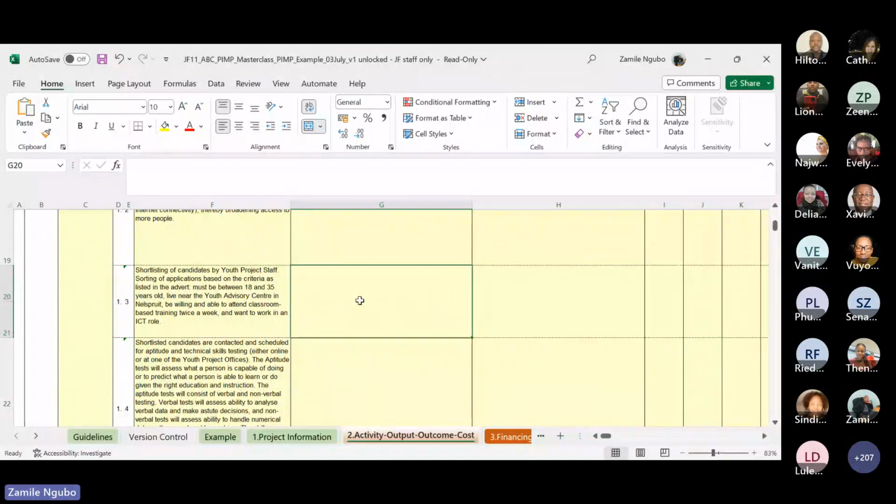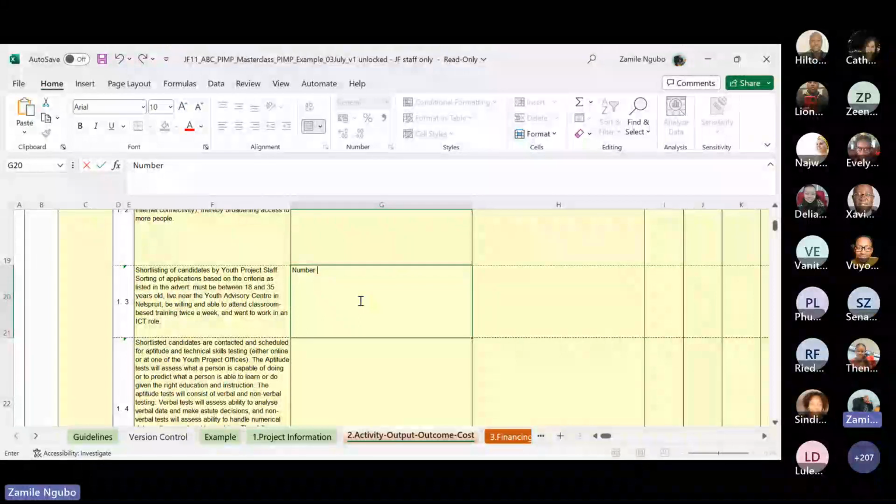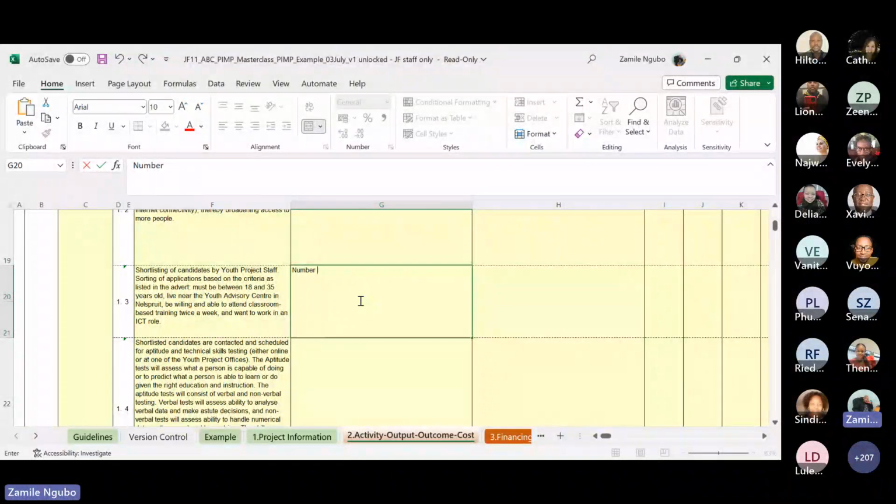So the output associated with this sub-activity will be the number of candidates shortlisted, because we'll be shortlisting from the 750 applications that we have received. Number of shortlisted candidates will be our output,